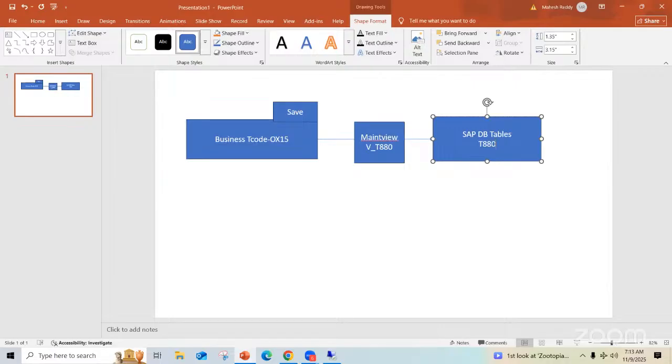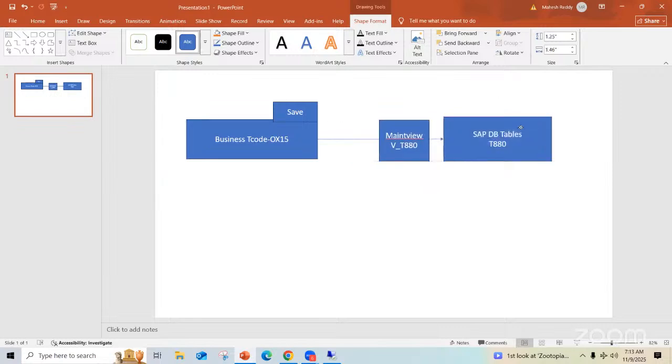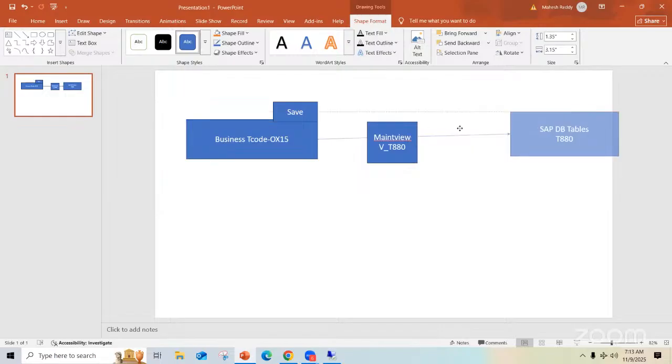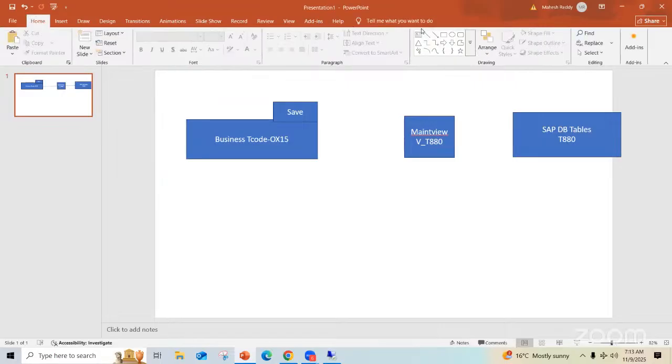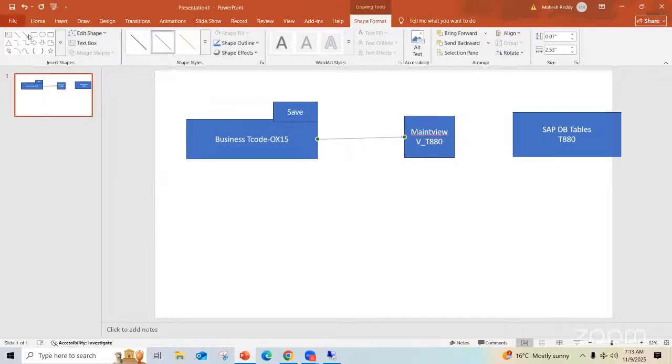So this is the flow. Any questions here? Any questions on the flow or concept here? No, sir. This is the flow. Any customizing data you are going to create, the backend is like this only. I'll take one more scenario.